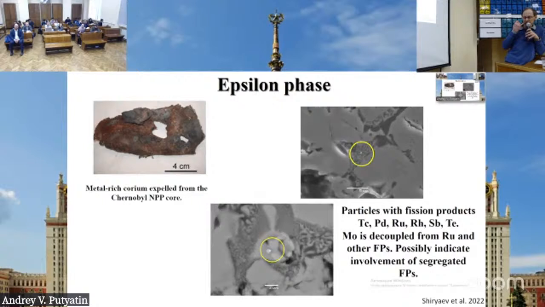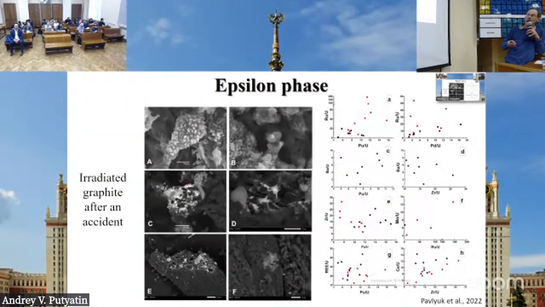So these epsilon phase particles are relatively resistant to the environment. And if you recall that many of them contain platinum group elements, these epsilon particles survive dissolution of the fuel in nitric acid. And what is even possibly more remarkable is that epsilon phase particles can be found even in irradiated graphite,